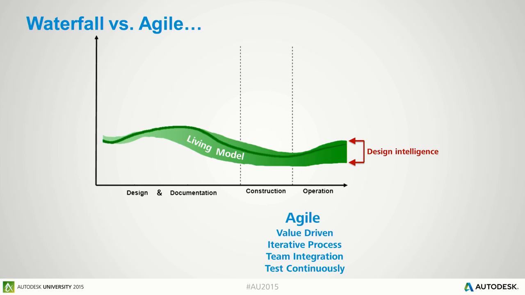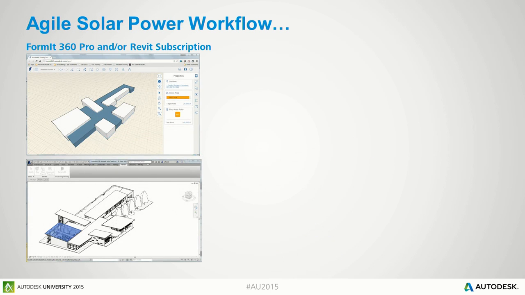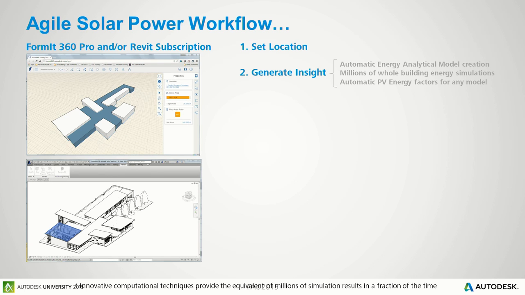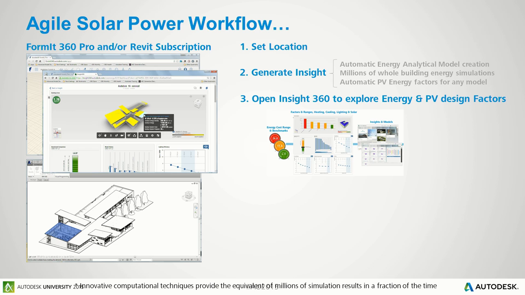So just in summary, what I'm talking about here is running iterations at all phases of the design process, maybe in a simpler way with broader, more uncertain results early on, but still valid results that give you information right at the beginning and very quickly to make good decisions early and continuously so that the design intelligence is actually building up and becoming more accurate and is embedded into the design process. And the basic workflow, setting location, that gives you your solar information, generating the insight,